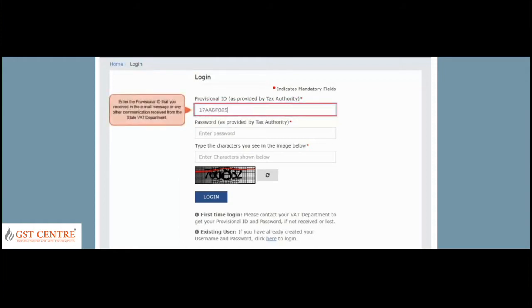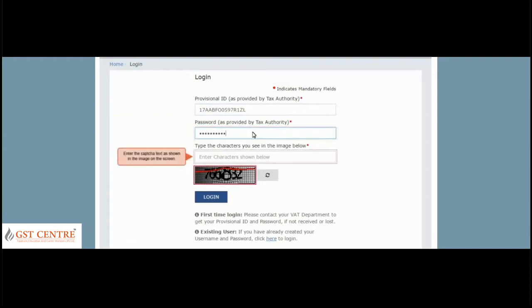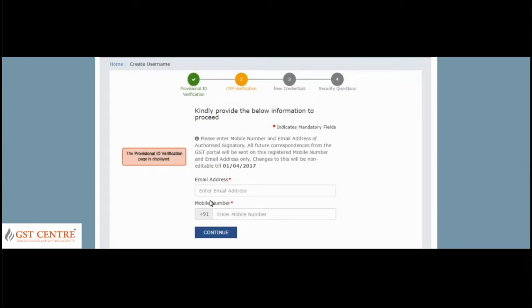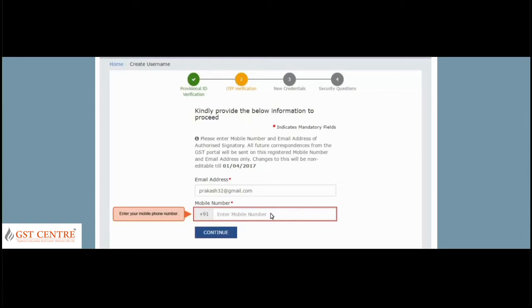Below the provisional ID field, after typing the provisional ID, enter the password as provided by the tax authority. Below that, type the characters you see in the image provided. Click on the login button. After provisional ID verification, we move to one-time password verification. You have to provide your email address as well as mobile phone number. When entering the email ID or mobile number, it is advised that you should not use any other